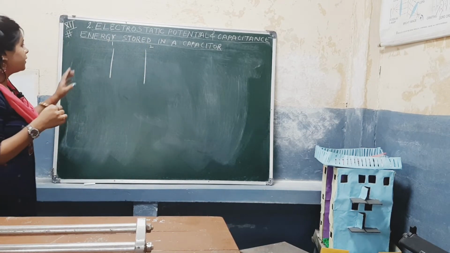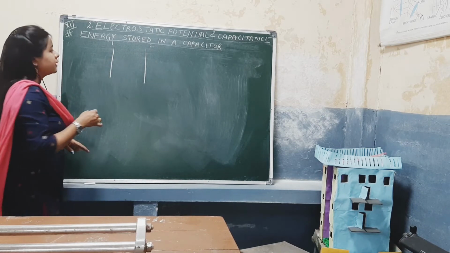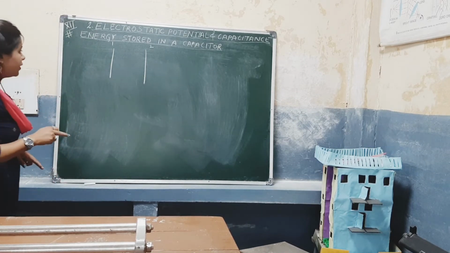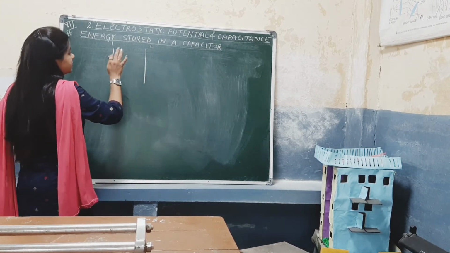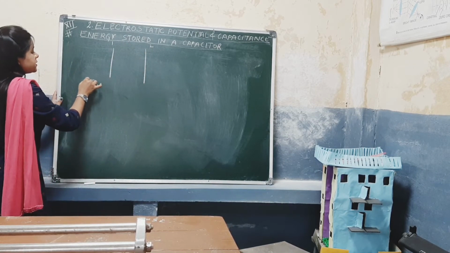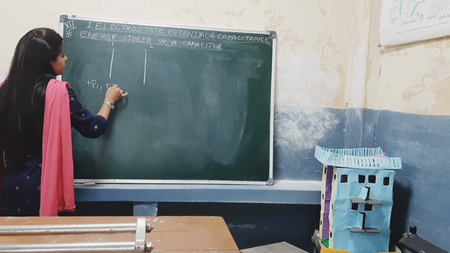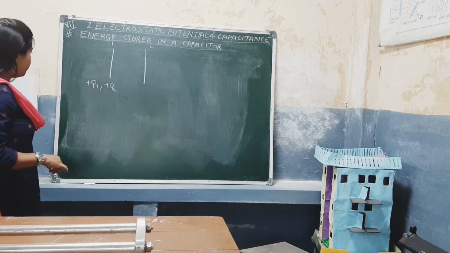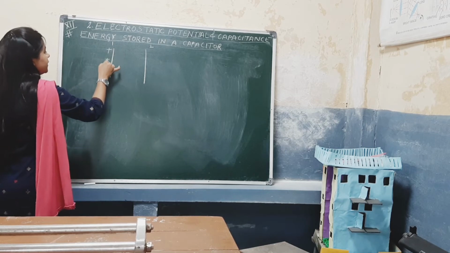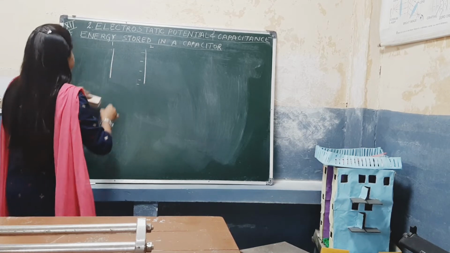What we do is consider that plate 2 is transferring positive charge to plate 1. So plate 2 is transferring plus charge to plate 1 bit by bit. Means at some second of time some charge Q1 is transferred here. At a certain second of time charge Q2 is transferred from 2 to 1. So we get a positive charge here and here it is negatively charged.